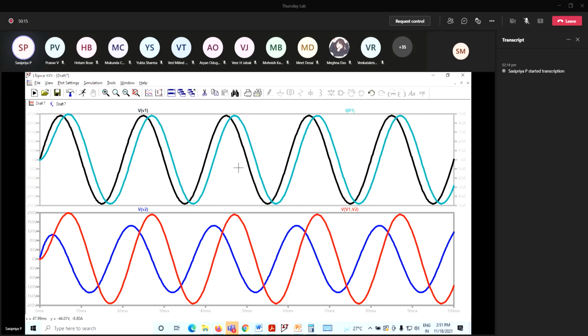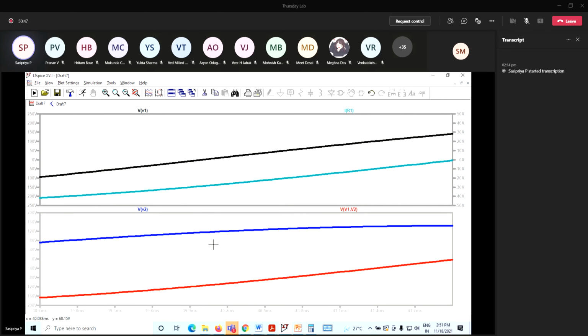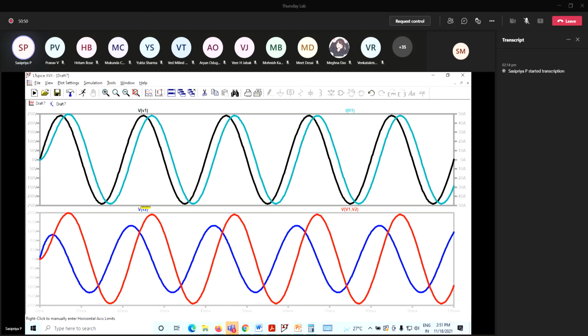I and V are used to find the phase difference, and these two are used to find the values of VR and VL. Okay. So the blue color one is the inductor voltage, and the red color one is the resistor voltage. If you place the cursor on the blue one, it says the voltage is 145.1 volt. Now obviously for this V of V1, the phase difference will be 0 only, phase difference with respect to the total voltage. If you want, you can cross check.